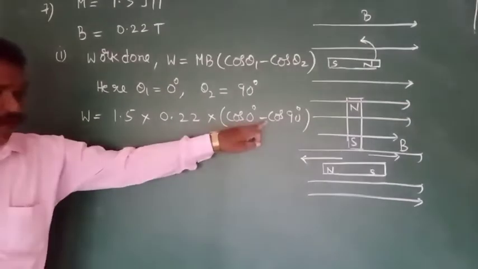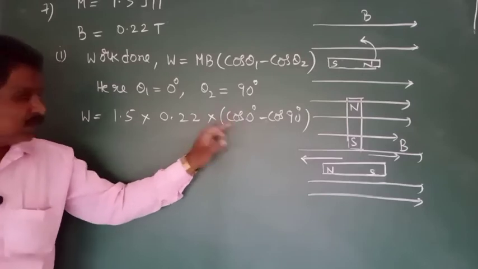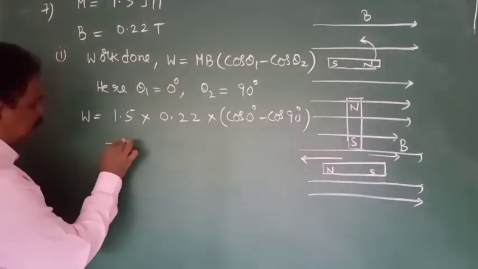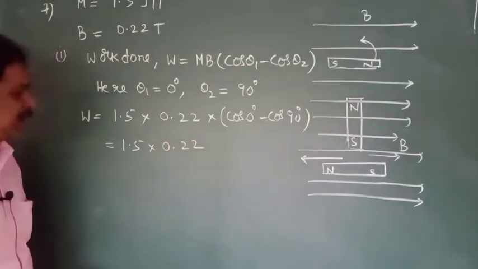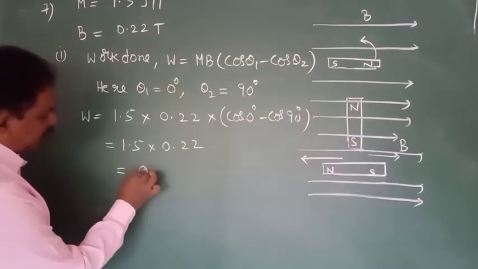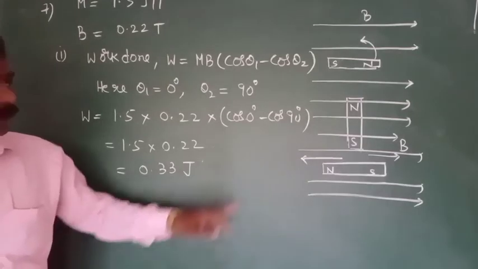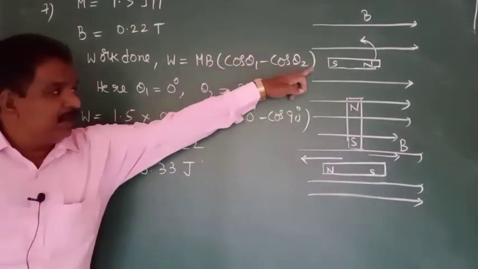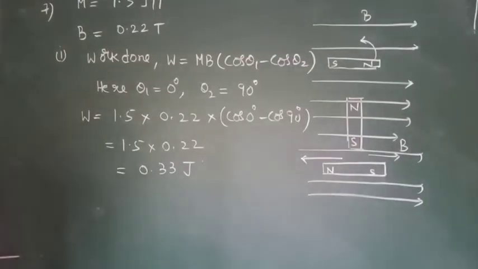Cos 90 value will be 0. Cos 0 degrees is 1. So this is 1.5 into 0.22. So how much we will get? 0.33 joules. This is the work done to rotate the magnet by an angle of 90 degrees, normal to the field. In this position,